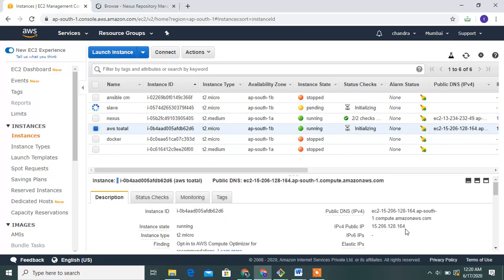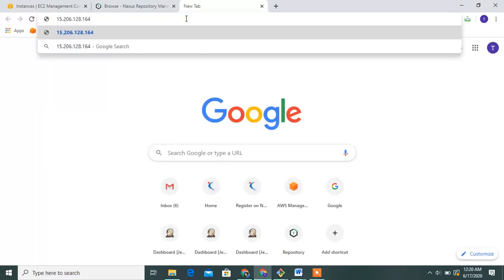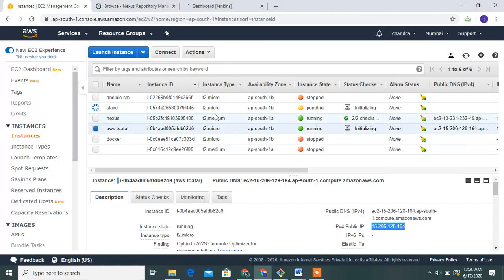Copy the IP address and paste it. The Jenkins port is 8080. Run the Jenkins server and go to Tomcat. I will do Tomcat also, guys, definitely in further videos. Don't miss it.